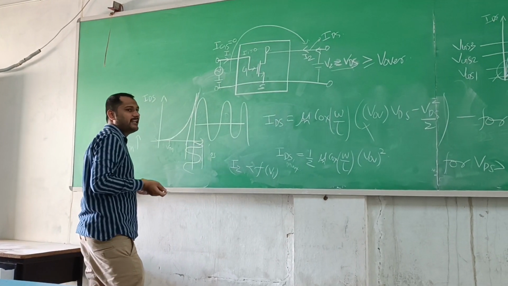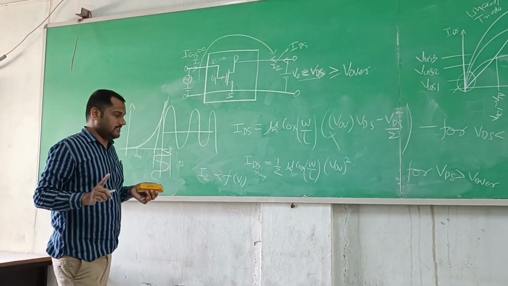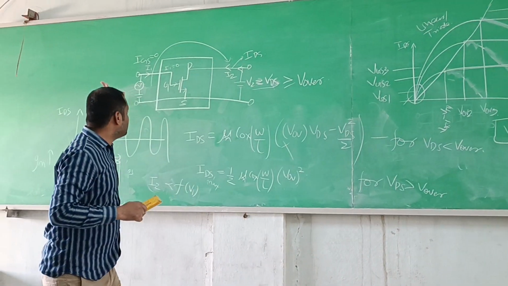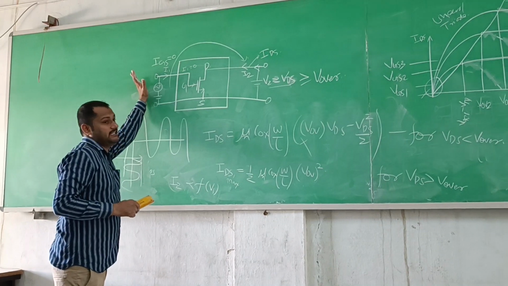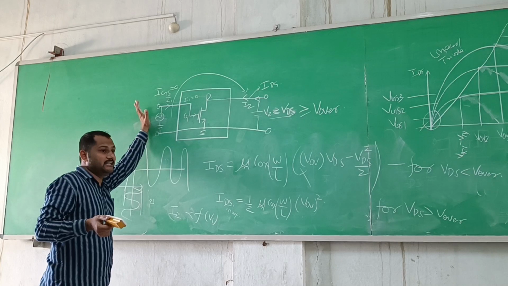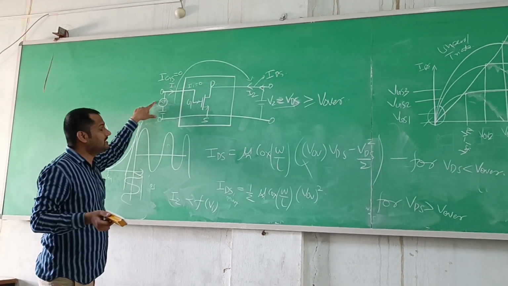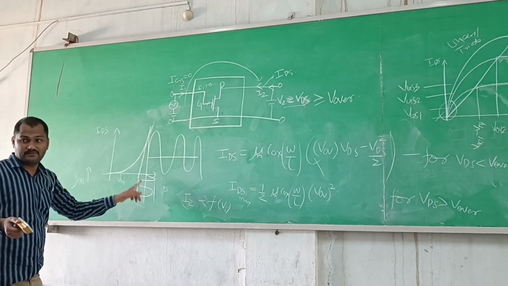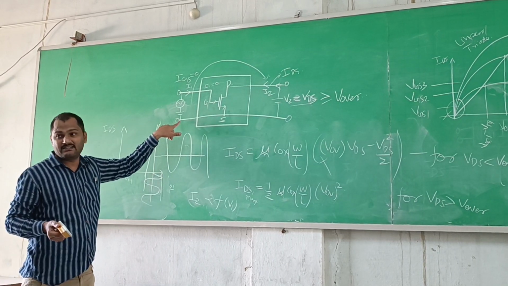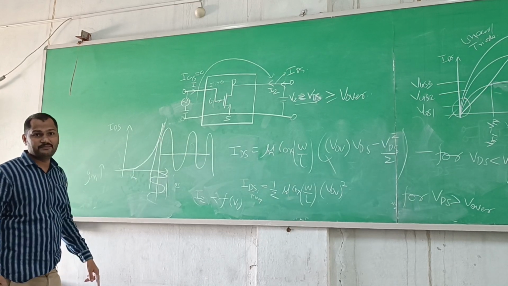Why in series? Why not parallel? Why in series only? In this subject, everything is very puzzling. If you are using series, then you must know why you are using series. You should be very clear. Else, in upcoming units, you will be very confused. Fundamentals need to be very strong. You are using series, why? We need to sum this up. We need to apply a signal like this. Then only this will add up. In series, this voltage will add up. If we make them parallel, this will not add up.